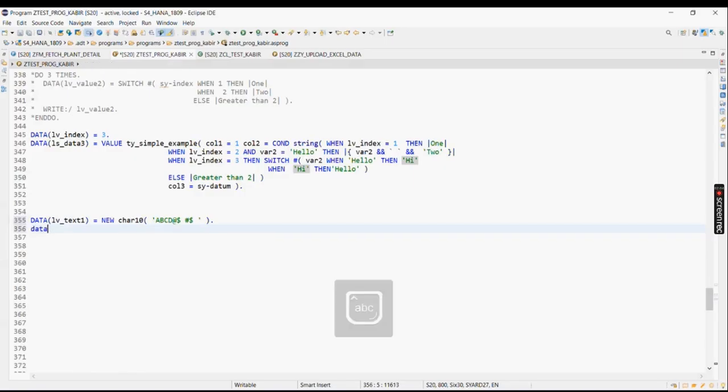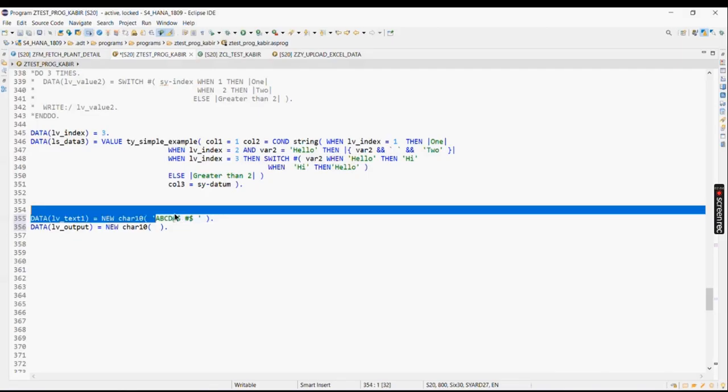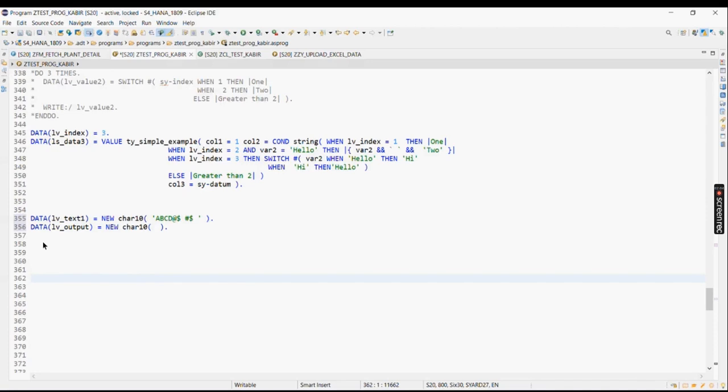Okay, and data LV output equals to new operator and char 10, and I'll just specify this as same. Now what I'll do is, I want to replace the values of this with some other value, and I will make use of a switch operator. Okay, so first of all, do 10 times and do,